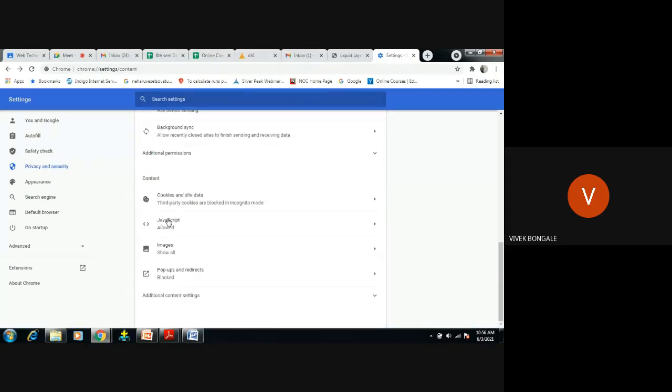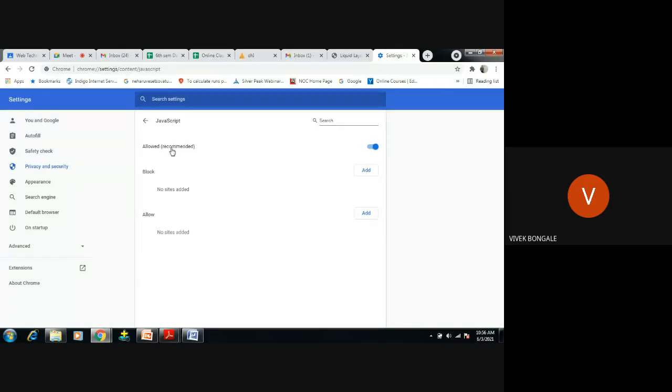You click on JavaScript and see Allow, which means whatever web page contains JavaScript, my browser will allow the JavaScript to work in my browser, to act in my browser, right? So if I block this, now all the web pages which have JavaScript will not display in my browser, right?